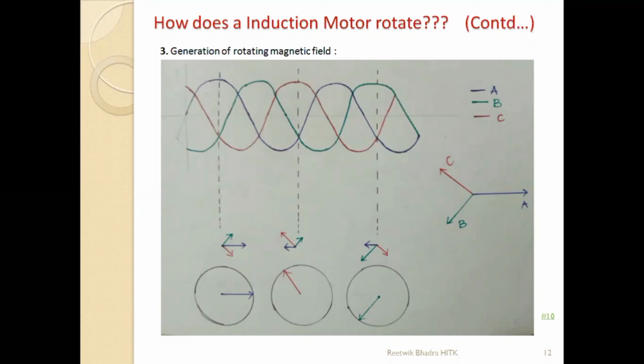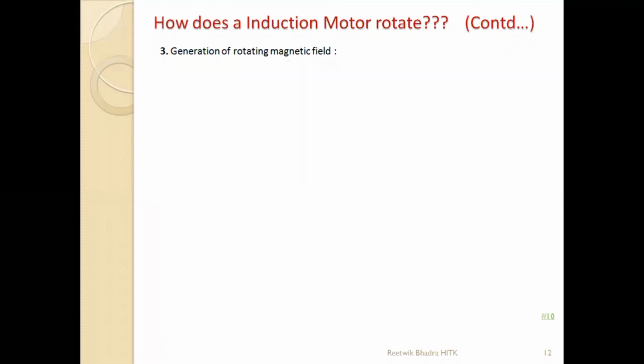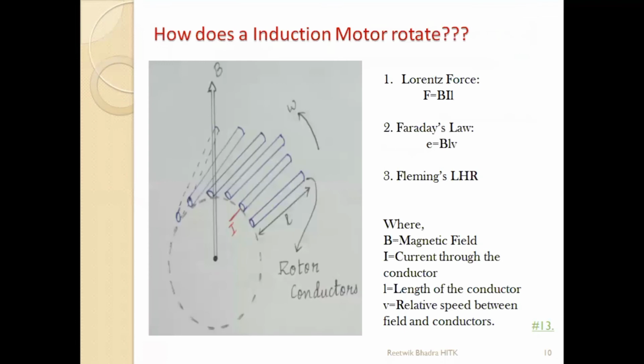Tomorrow we'll discuss, as I have told you, that this circle radius is fixed. That means the green line length and the red line length, the radius, will be fixed. How much will be the length of that phasor, we'll study by calculation. It will be 1.5 times the maximum value. That we will study with some calculation. Up to this, if anybody has any doubt, you can tell me.